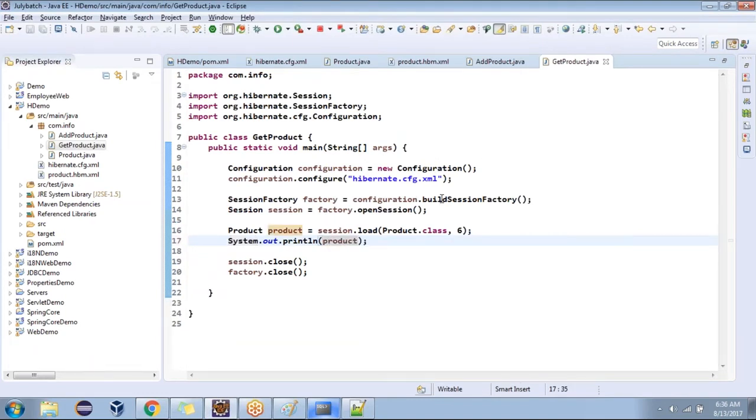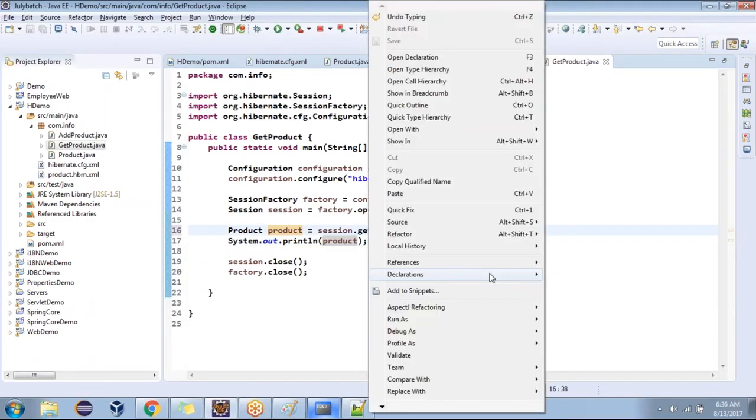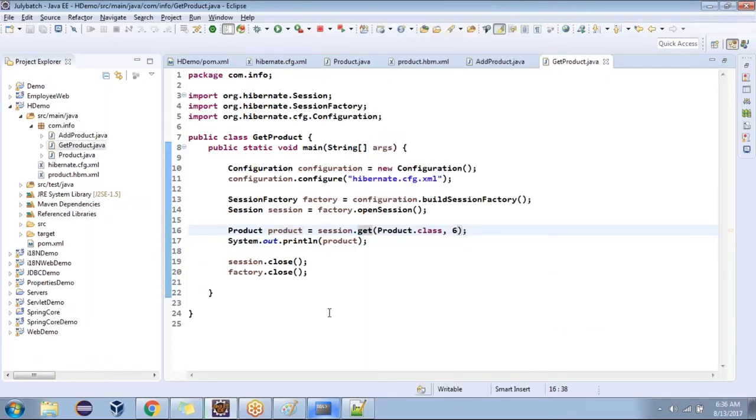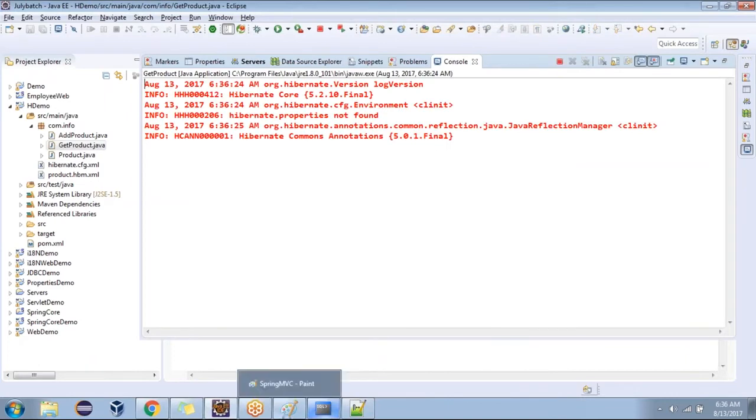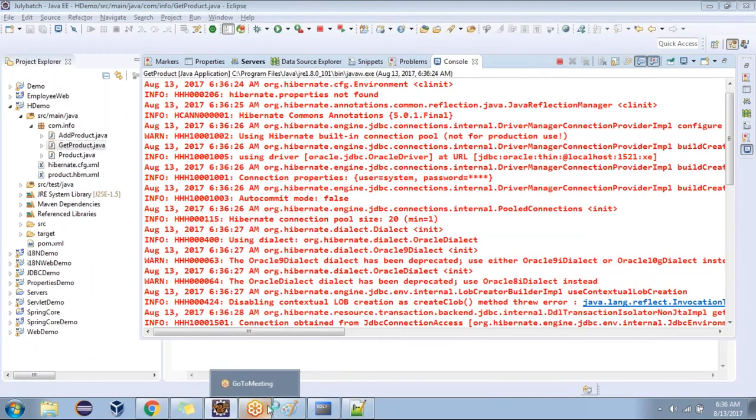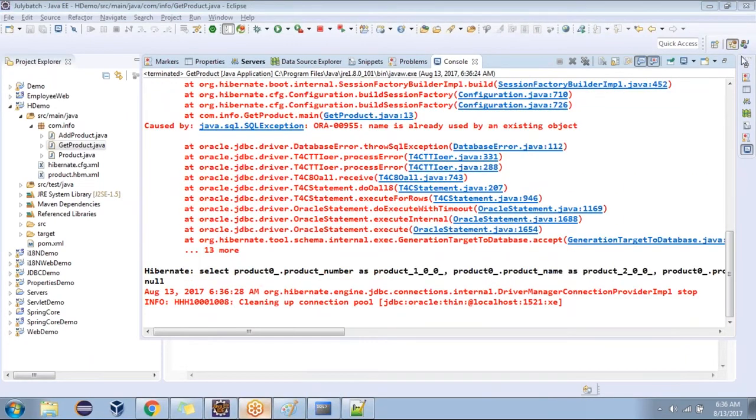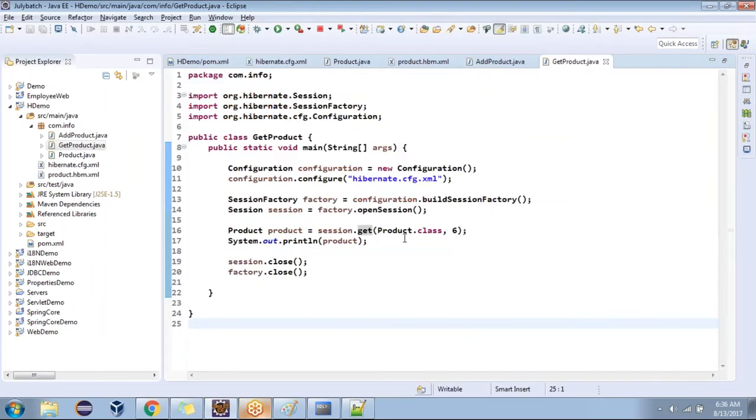You guys are with me? What am I going to use now? I'm going to use get, but for a record which is not there. Observe this, what does it display? It displayed null. Null value. But if you use load,